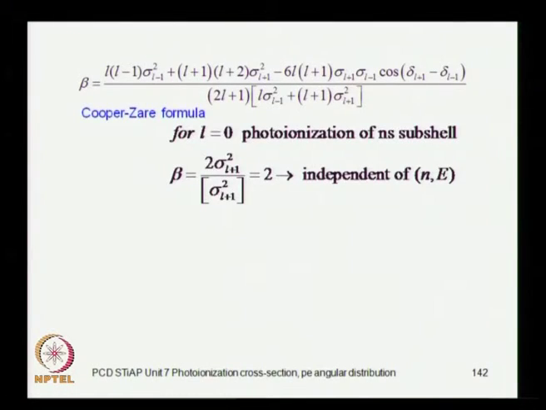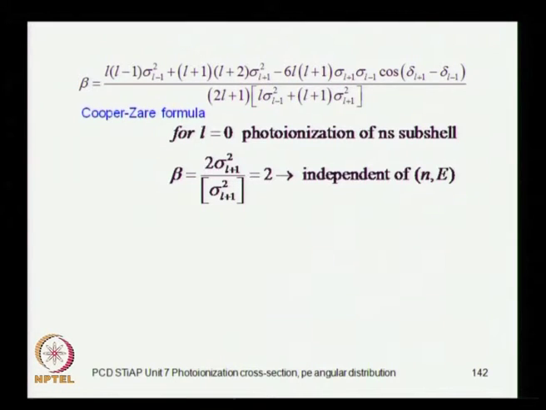So, for photoionization from the ns subshell, it does not matter what is the value of n, 1s, 2s, 3s, 4s, whatever, for photoionization from the ns subshell of any atom, beta must always be equal to 2 and independent of the principal quantum number, also independent of energy,